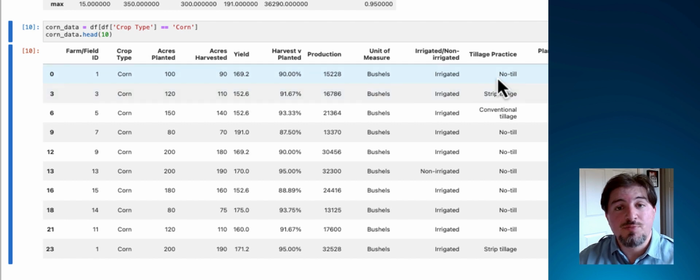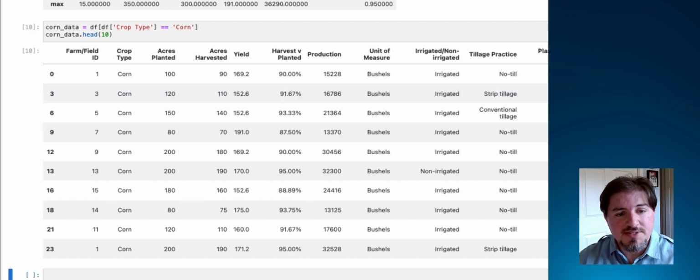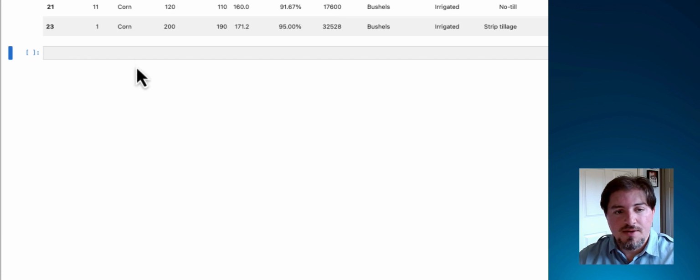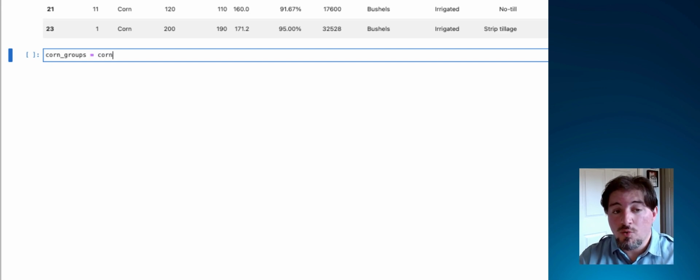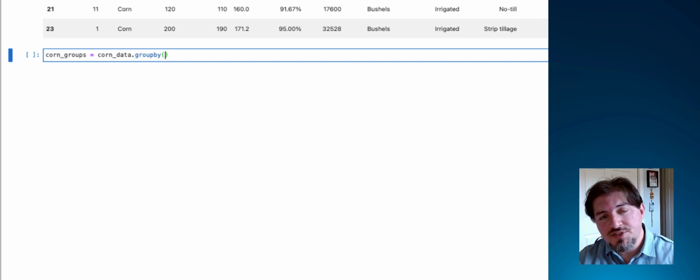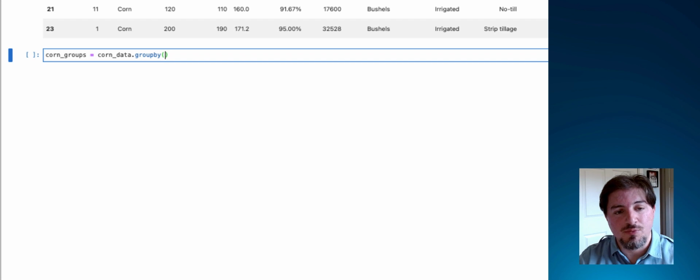irrigation and tillage practice. So for that, add another box here. And we're going to create some groups. So we're going to create some corn groups, and that's going to be equal to the corn data grouped by, and we'll stop there. So you'll see that it's just variables, these labels. When using Python, you have to store things inside of other things. So you can see here in this example, we're going to be grouping the corn data and storing that in